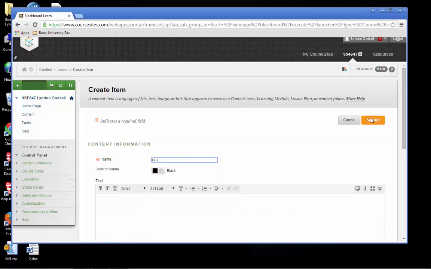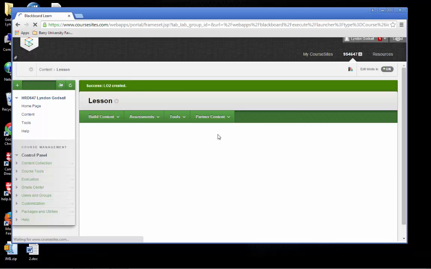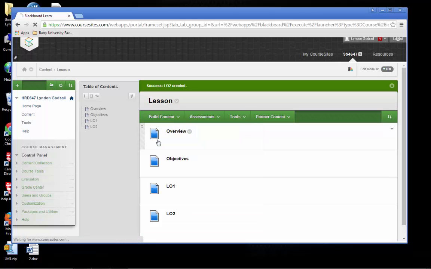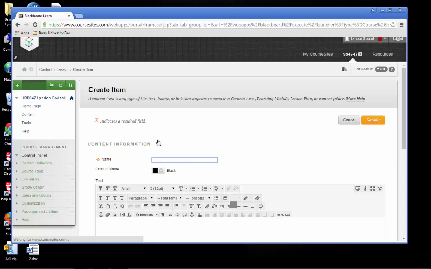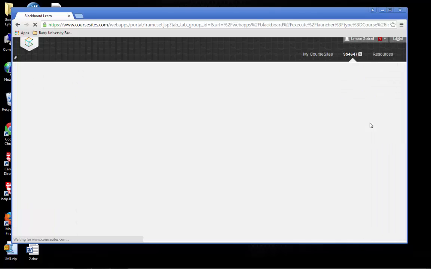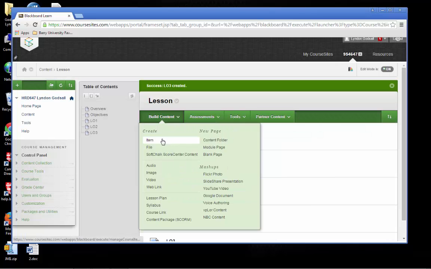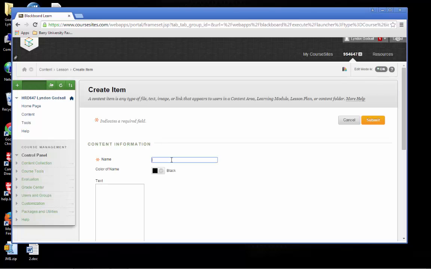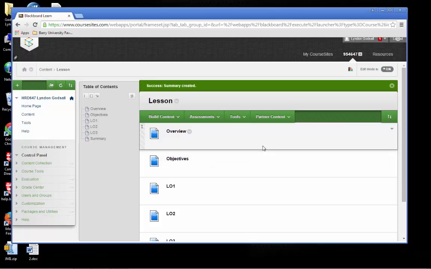LO2. LO3, and then finally we're going to put on the summary. So if you look in our table of contents, we have an overview, objectives, learning object 1, 2, 3, and